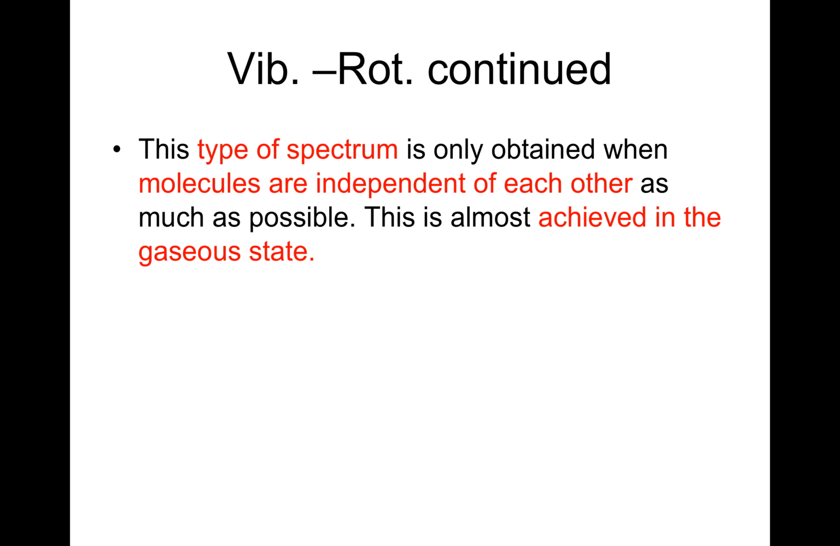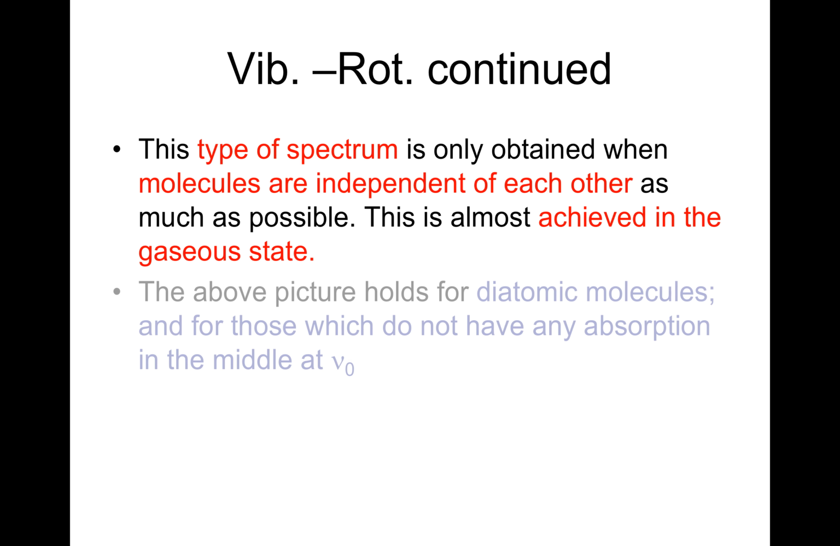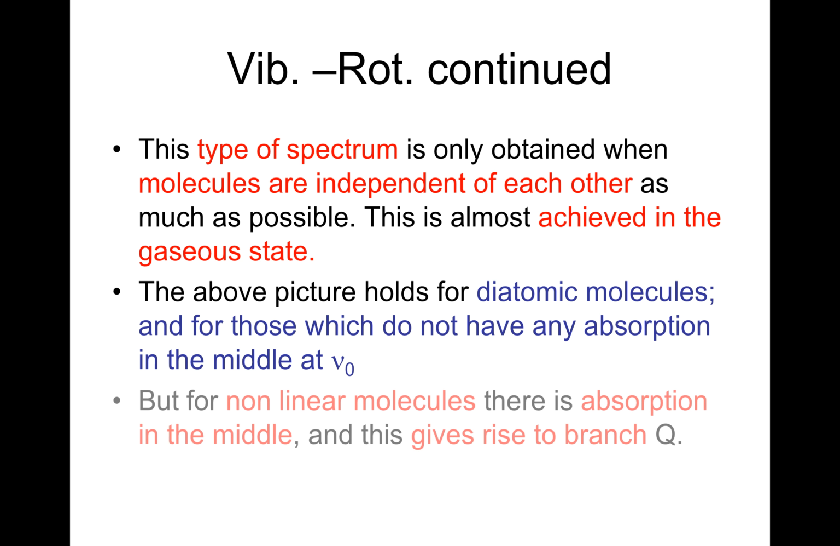This type of spectrum is only obtained when molecules are independent of each other as much as possible. This is almost achieved in the gaseous state. The above picture holds for diatomic molecules and for those which do not have any absorption in the middle at nu equals naught. But for non